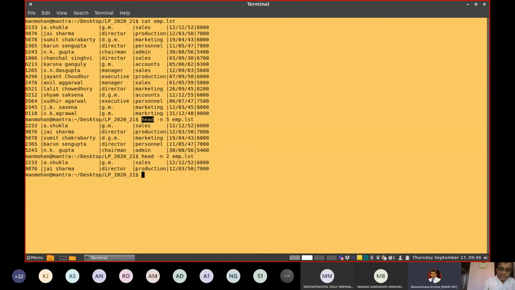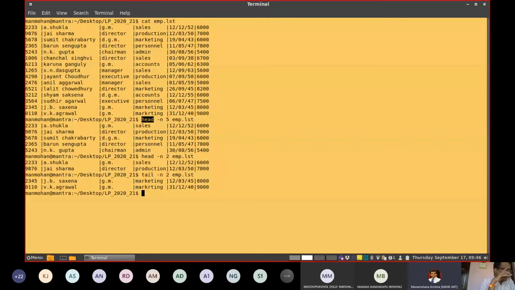Similarly, there is a command called tail also. Almost a similar command. If you say tail, the last 2 lines of the text are displayed here. The input file is emp.lst, our sample file.